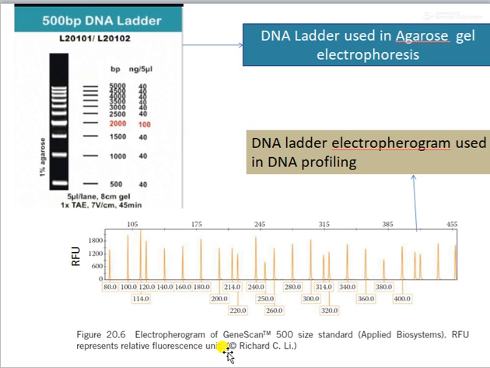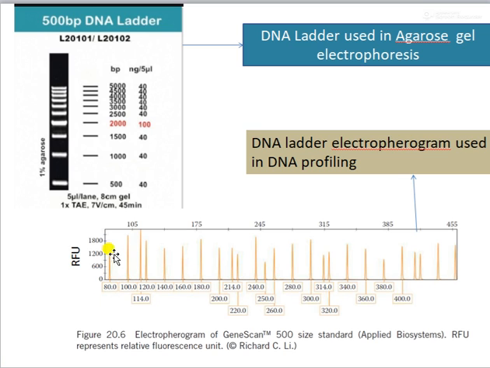In the case of DNA profiling also, when we are doing standard capillary electrophoresis, you can run a standard electropherogram ladder, so that we can know the size of each peak. This is how a DNA profile is obtained. This is a ladder, and based upon the size of the different DNA fragments, you will get different peaks.